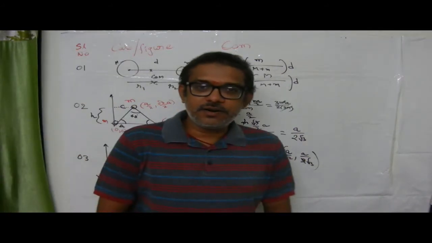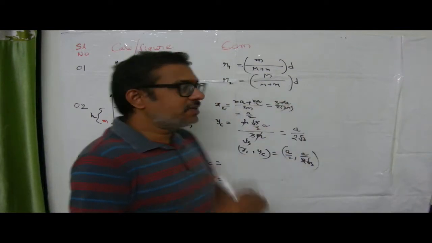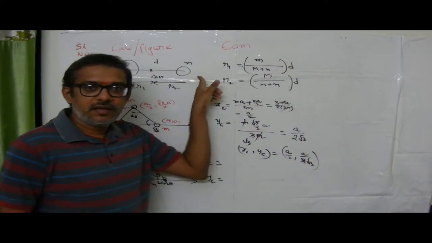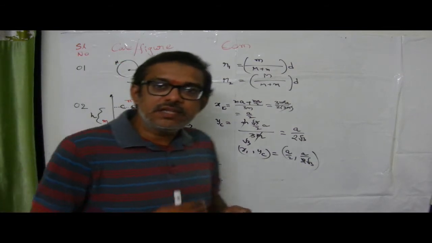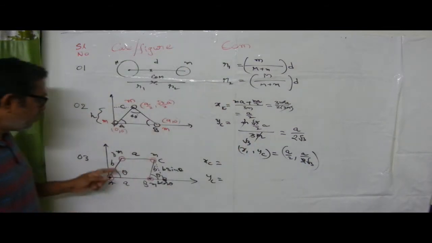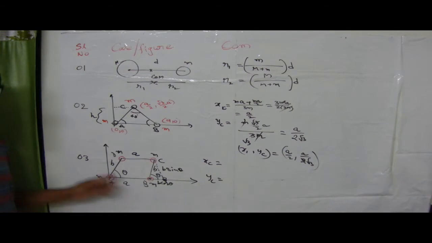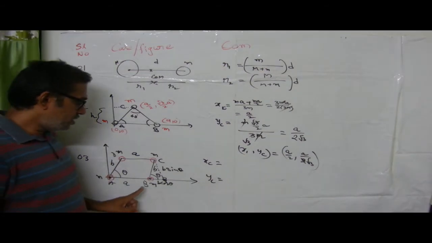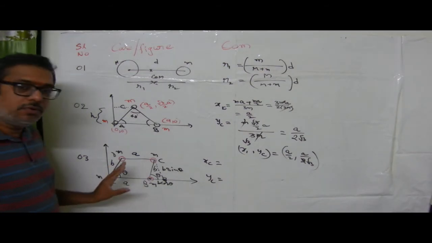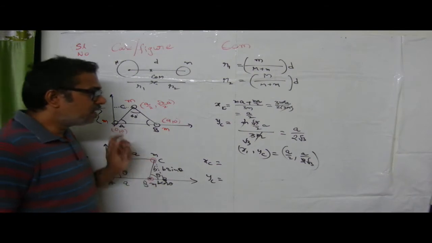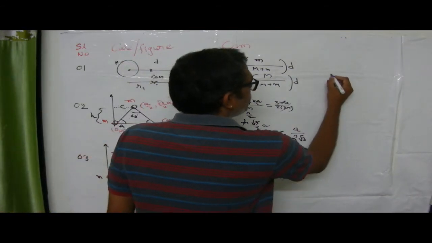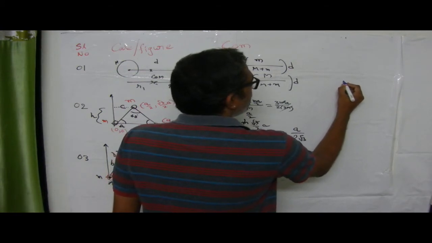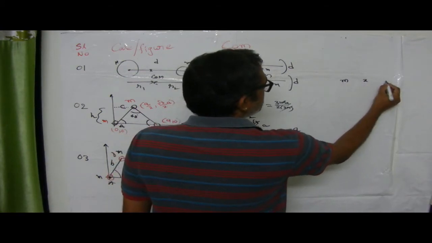Now, let us see the third case. When you consider the first case, there are 2 masses. In the second case, we have 3 masses. In the third case, we just increased one more mass. So the total number of masses is 4 in the given problem. Now, for these 4 particles, how to find the center of mass? Let us see. So try to prepare a tabular form here. The first column is the mass of the system, then x position and y position.